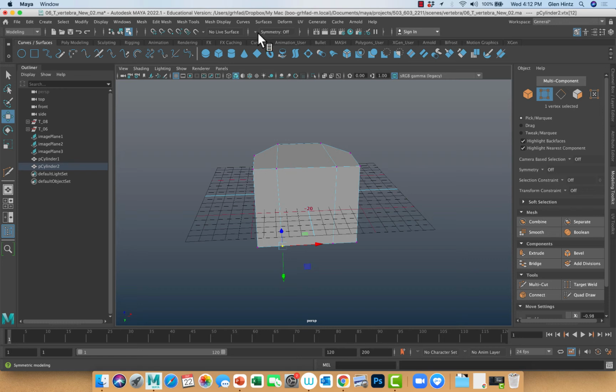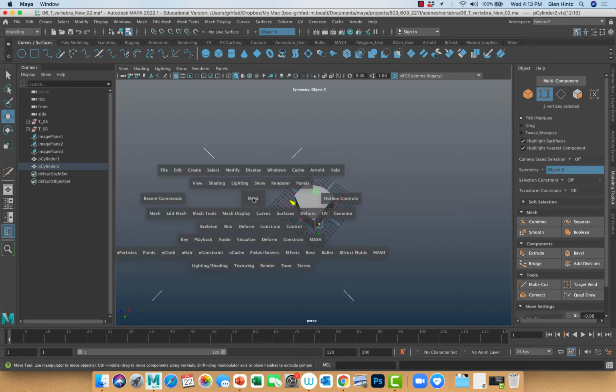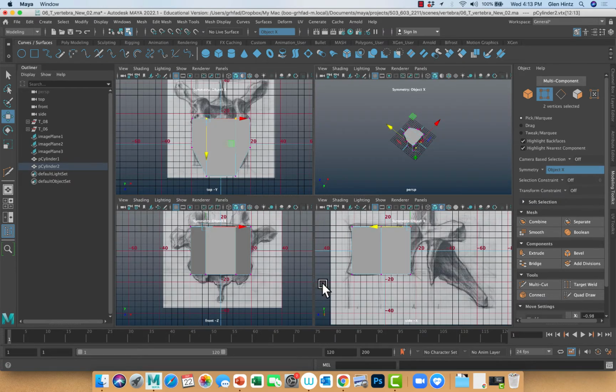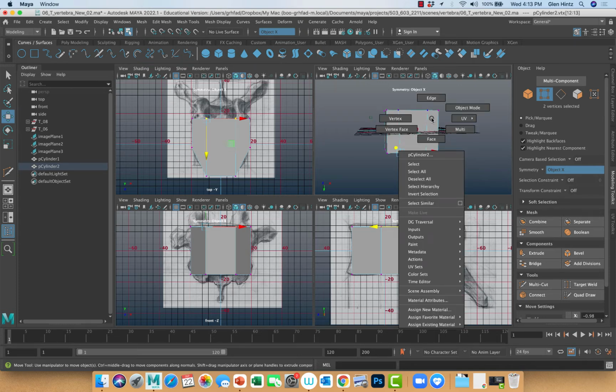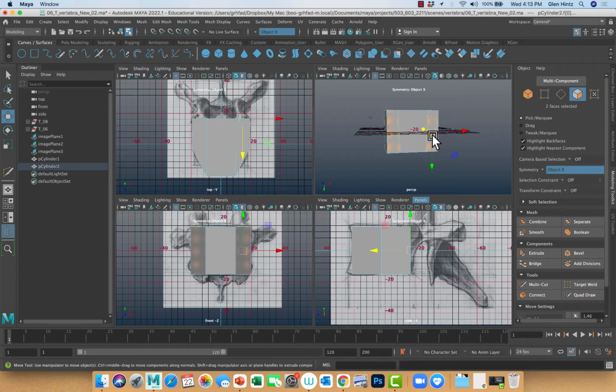The symmetry we talked about doing in class here. I'm going to use object X, which is the X-axis for the object. First thing I'll do is grab the face, and